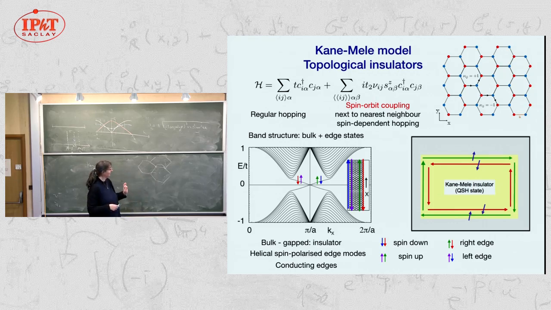I have a higher order hopping, which goes between one atom and the second atom. I have 6. I'm going between one atom and its 6 next to nearest neighbors. So this one has 3 nearest neighbors, and then I have 6 next to nearest neighbors. So the electron can hop with a regular type of hopping to the nearest neighbors, but it can hop to the higher order neighbors with some spin orbit hopping amplitude